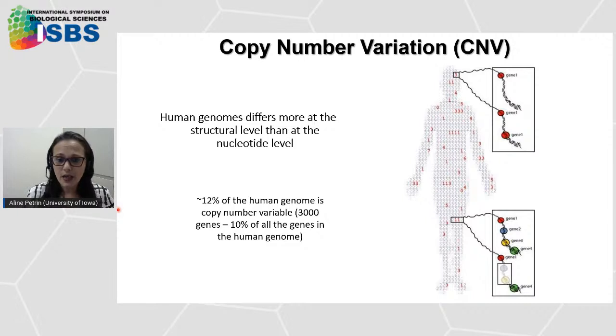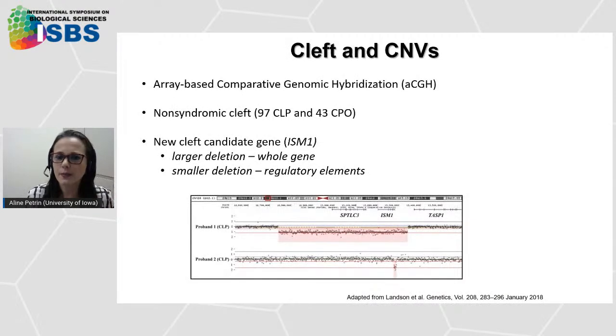And because of it, the size of these deletions and amplifications involves at least 3 times more nucleotides than single SNPs would. And one of the best ways to detect copy number variation in the human genome is through array-based genomic hybridization, which is an array where we hybridize the DNA of the patients and we have an intensity signal based on the number of copies. And using this mechanism,